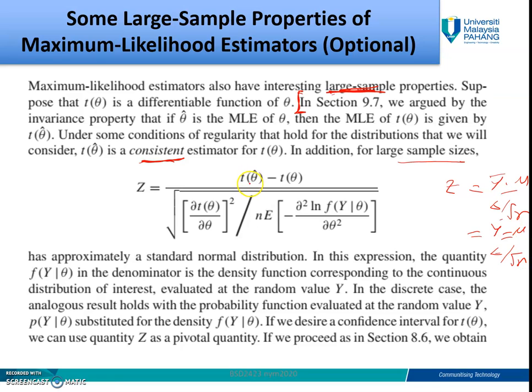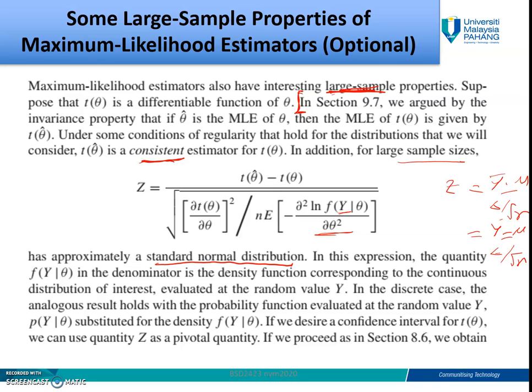So here you can see we have theta hat minus theta divided by the square root of the differentiation of d theta with respect to theta squared over n times the expected value of negative this one. This is the second differentiation of the ln function of the maximum likelihood. So this one has approximately a standard normal distribution. In general, we want to say that if you have a very large sample, the maximum likelihood estimator will also follow the same distribution as the